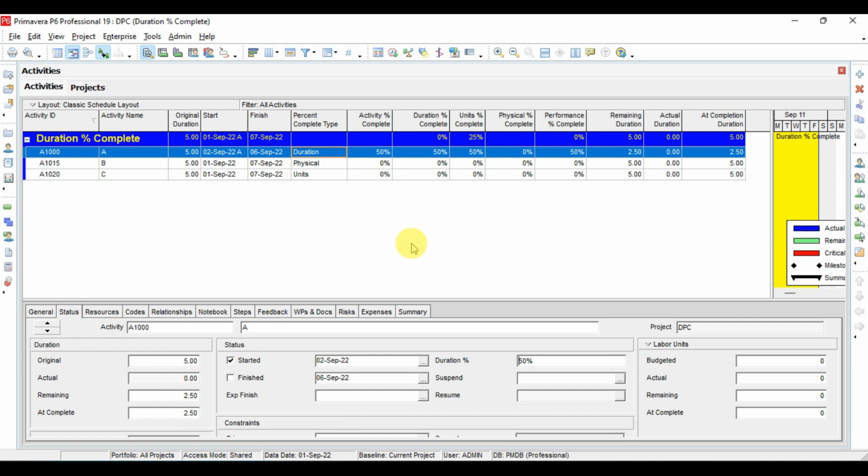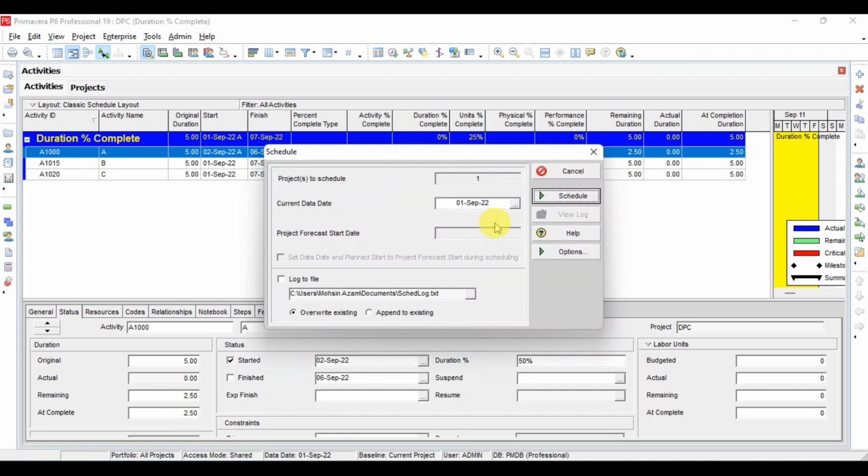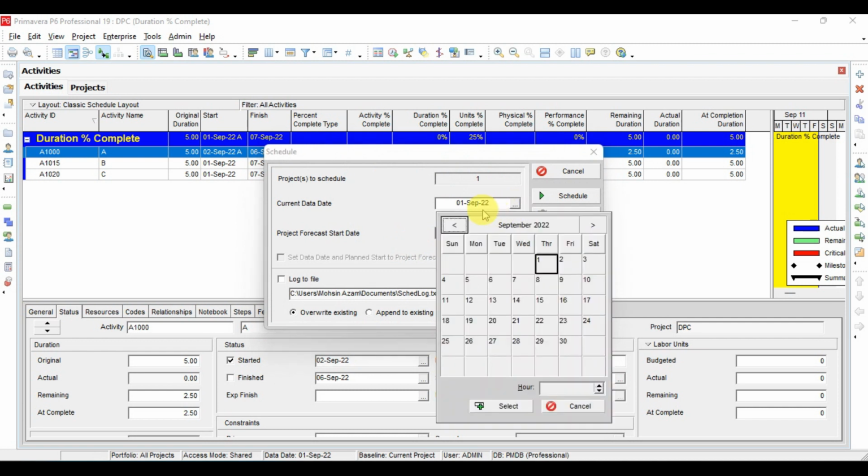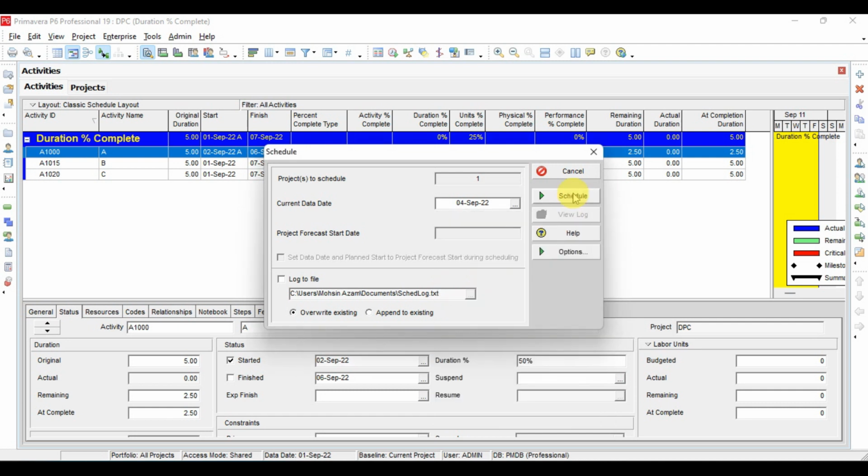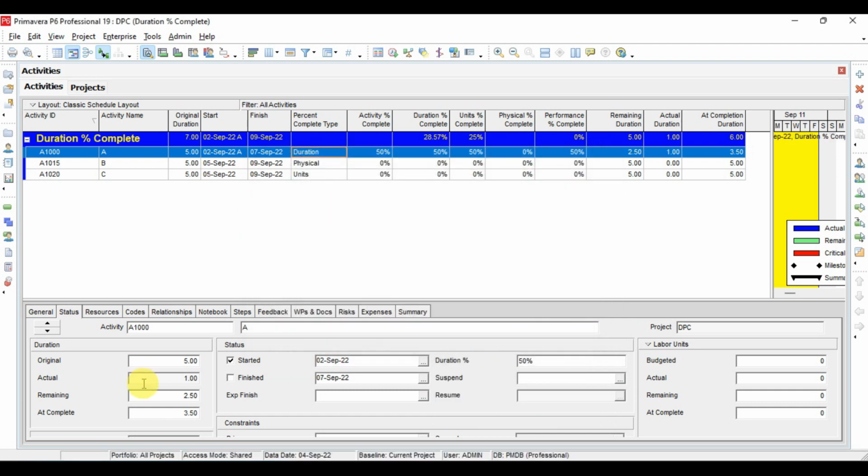So now what we have to do, first of all, we have to run the project. I want to run this project not on the 1st of September, but this activity started on 1st September. Now, for example, if 2 days have elapsed on the Sunday, we want to check the progress or the status of the project. And now I will schedule. If you see here, we have original duration as 5 days, actual duration